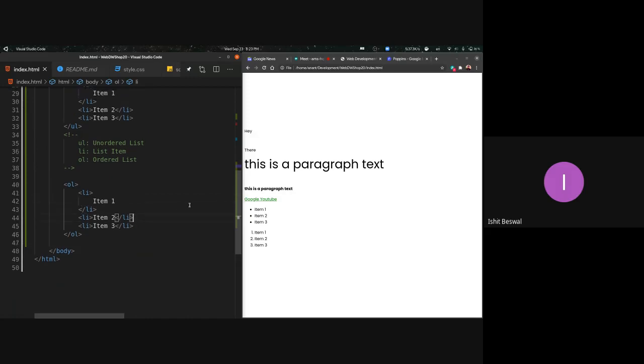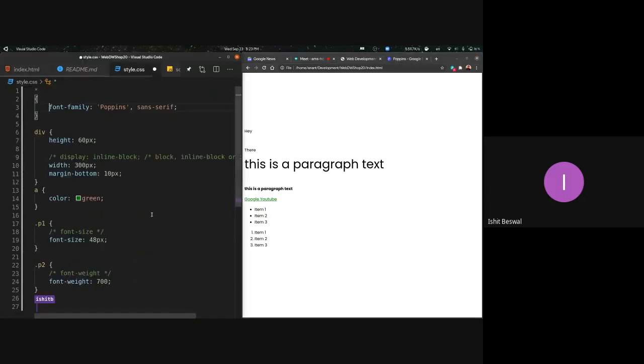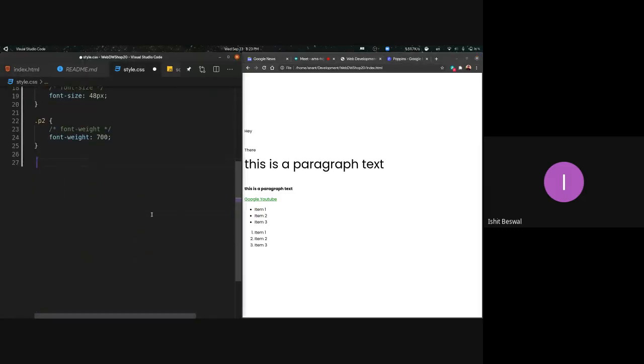So now another thing comes for the unordered list. You might be wondering why, if you can change the bullet point and make it into something else, right? So we're going to come to the style file, and I'm going to select the unordered list, right? And particularly for the unordered list, there is a style property called list style, right?